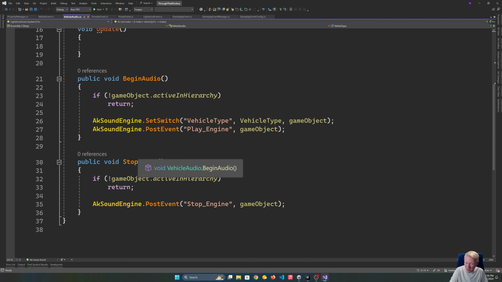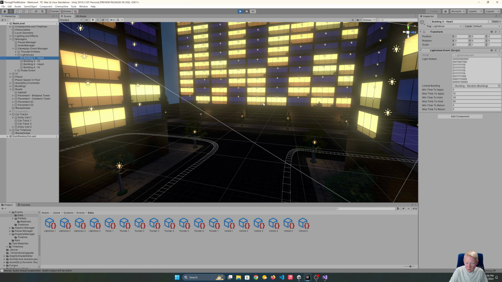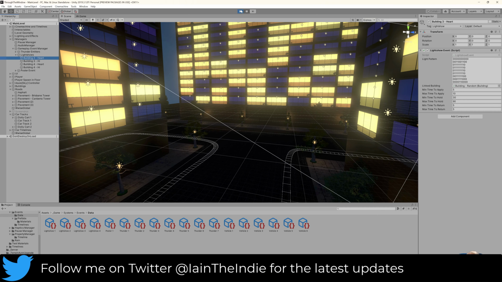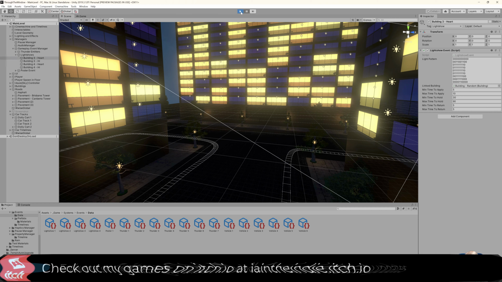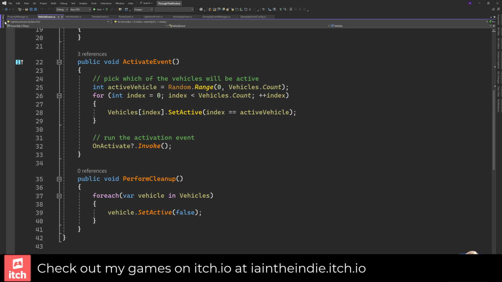The vehicles had audio. Again, not really a lot that they needed to be doing. It's just starting and stopping engines, and the vehicle event had very little to do. So a lot of the logic there, there's not too much to it. Where more of the logic actually was, and one of the main things, was the logic